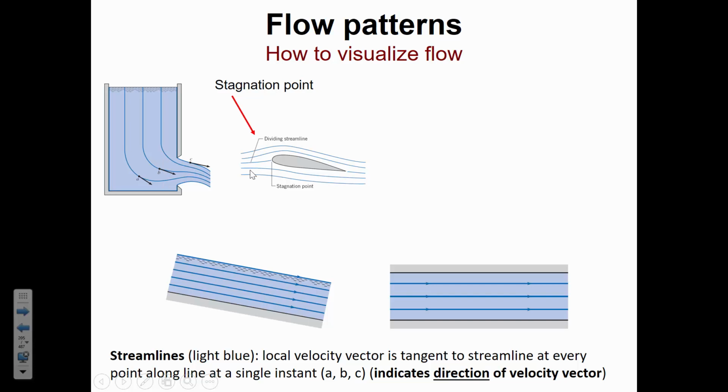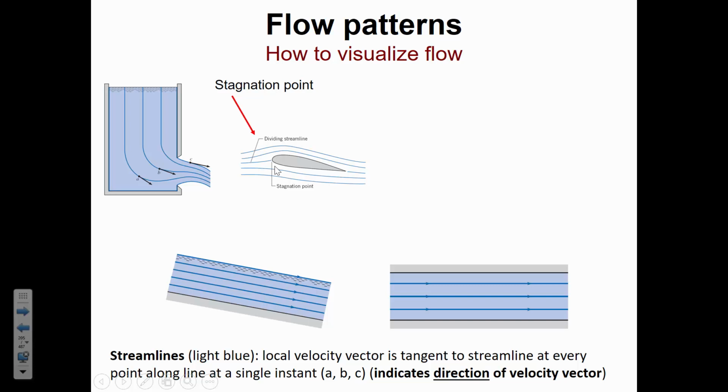This is showing some streamlines going over a wing shape. You notice that there's a certain point where a streamline is intersecting the leading edge of that airfoil, and it's identified as a stagnation point. Simply what that means is that there's some velocity in the air that's approaching the wing, and suddenly a certain amount of that air stops on the leading edge and doesn't go over and doesn't go under. There's just a point of stagnation, and that causes a local accumulation in the pressure